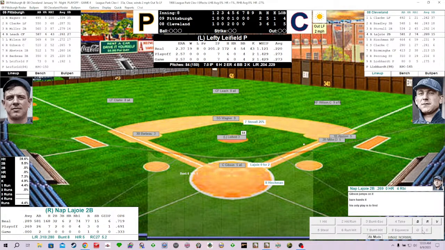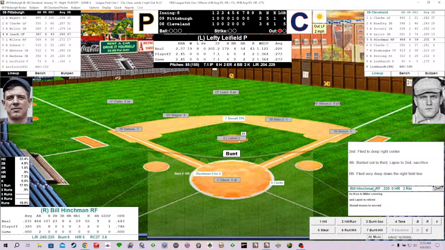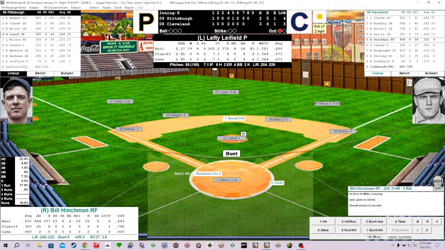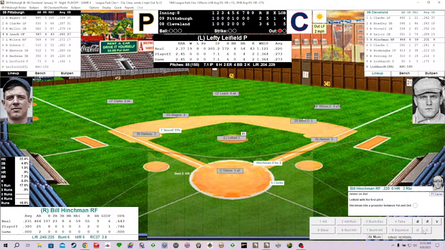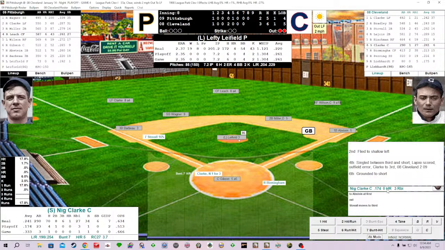Leifield goes. Lajoie gets the bunt down. It's a good one. And sacrifice successful. Stovall will move into scoring position with 1 out. And Bill Hinchman, nothing for 2. Leifield kicks and deals. First pitch swinging, grounded to second. Miller onto Abstein, and Stovall was already off and running on that. So 2 away, and now the potential 4th Cleveland run, just 90 feet away in George Stovall. And it brings up Jay Clark.